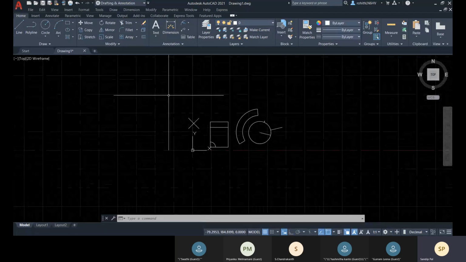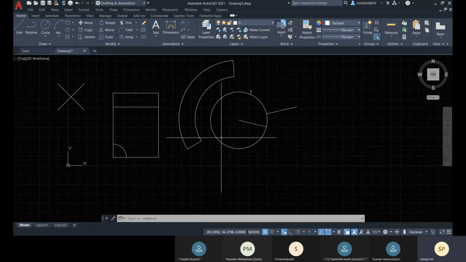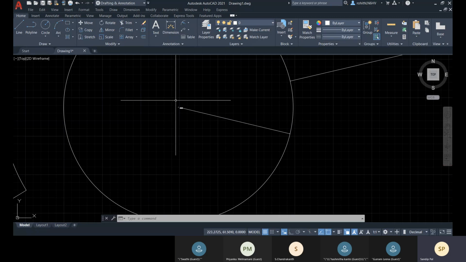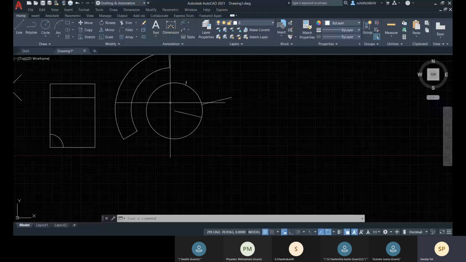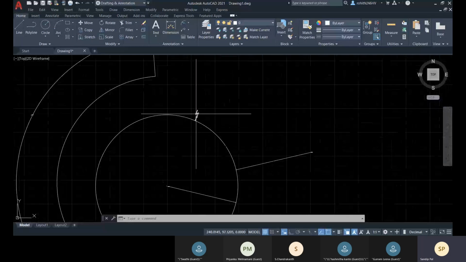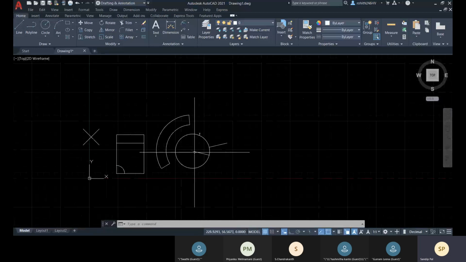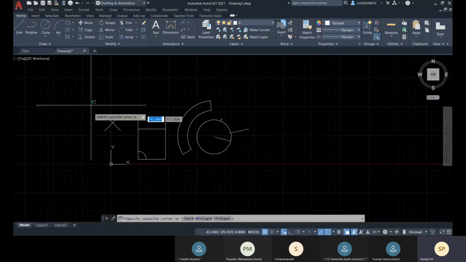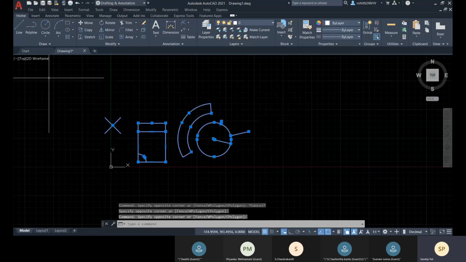Okay, so if there is anything in our drawing where we don't want to highlight the center, or if we specify the center, it may hamper a hatch region or anything like that. So then at that point of time, we will go with this jog radius. Okay. So this is how we will place our dimension.